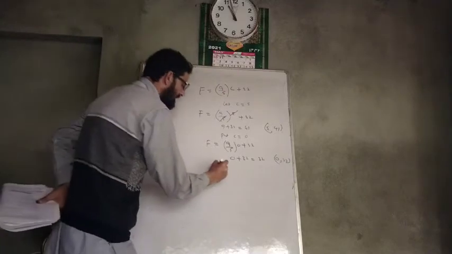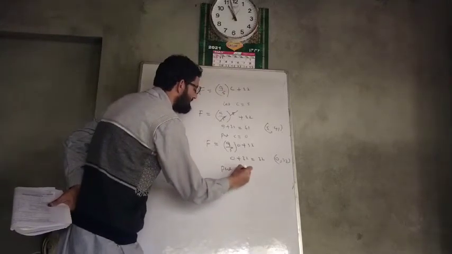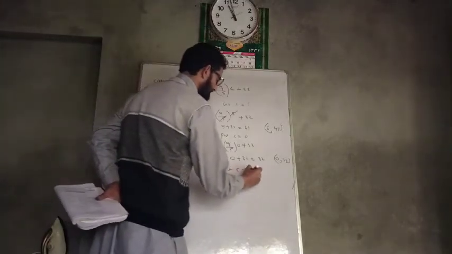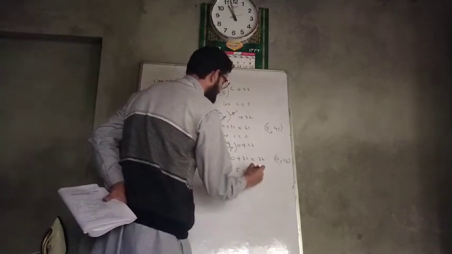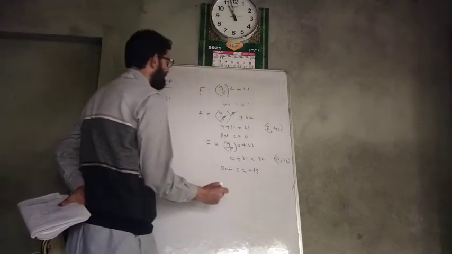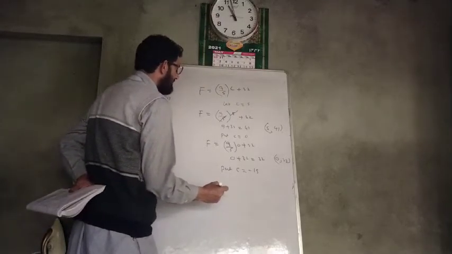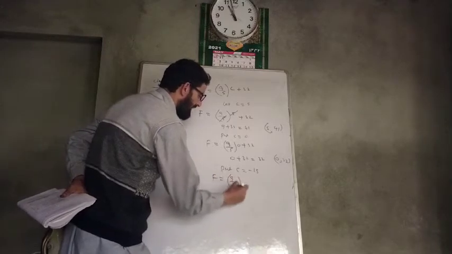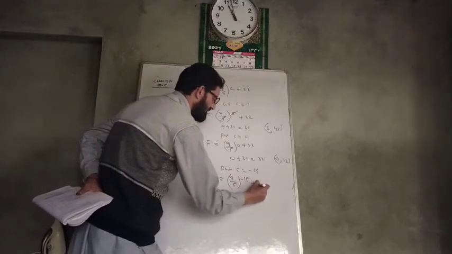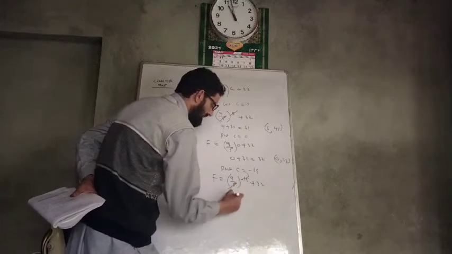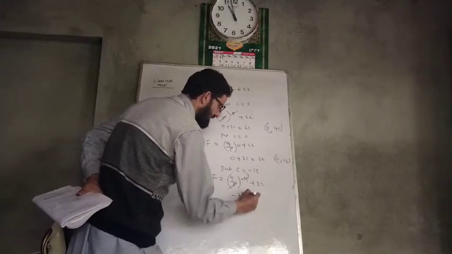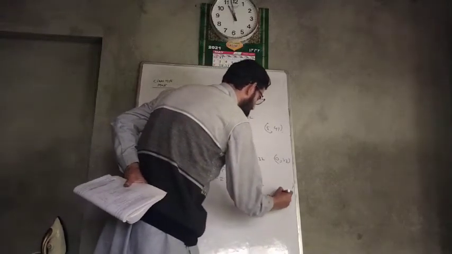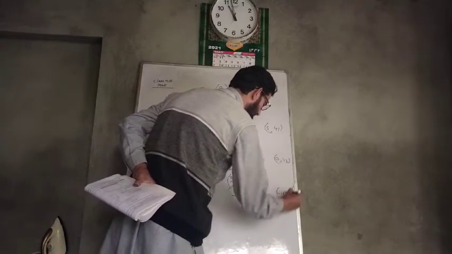Similarly, put C equal to minus 15 or 20. So what is F? F is equal to 9 divided by 5 into minus 15 plus 32. 5 3s are 15, 9 3s are 27, so minus 27 plus 32. This is 5. So when C is minus 15, Fahrenheit is 5.